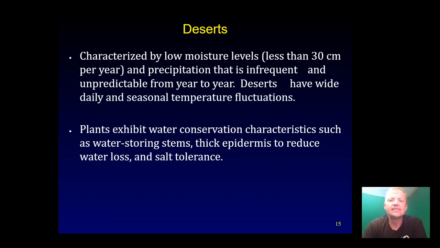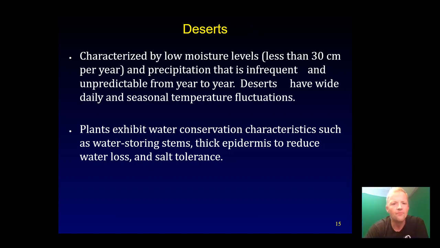Now, I would say deserts, once again, are more based on precipitation. You can have very cold environments that could technically be called deserts. We'll call them tundras. But just know, you often have this image in your head of very hot and no rain. I would say it's more based on areas with less than 30 centimeters of rain per year. They can get really cold. They can get really hot as well.